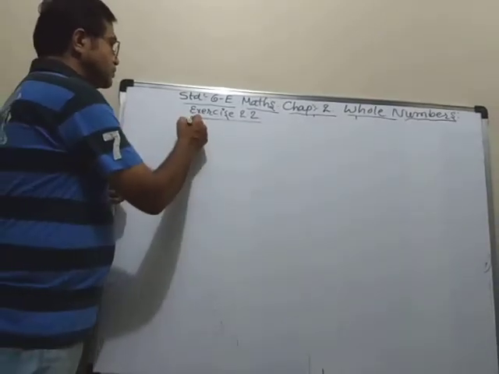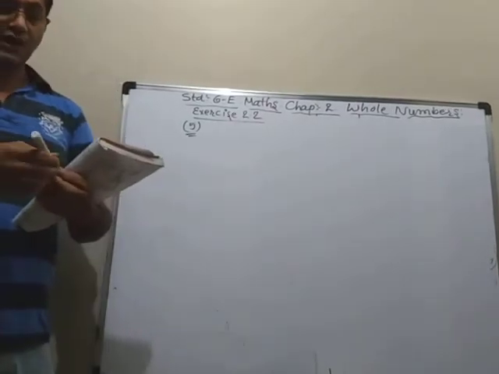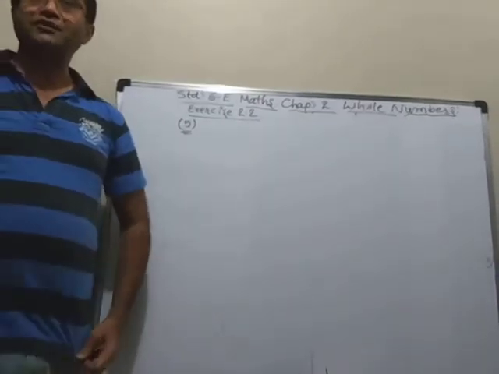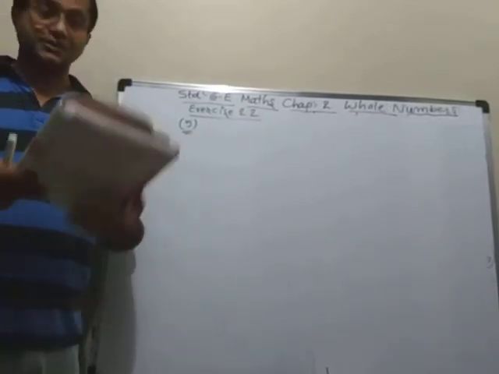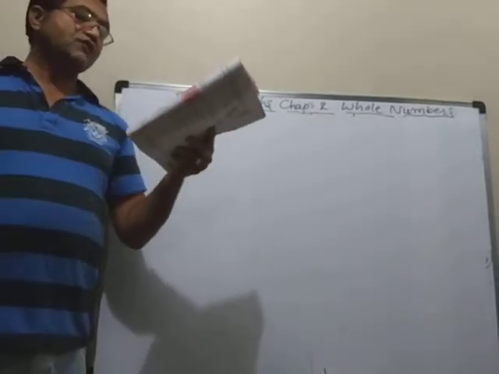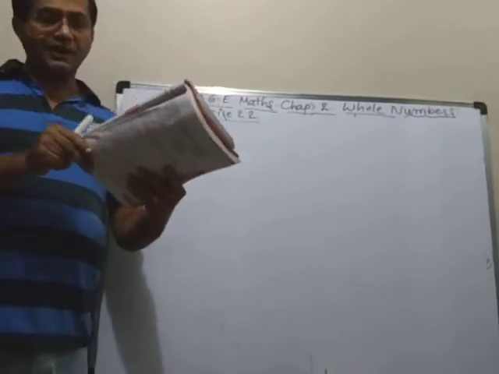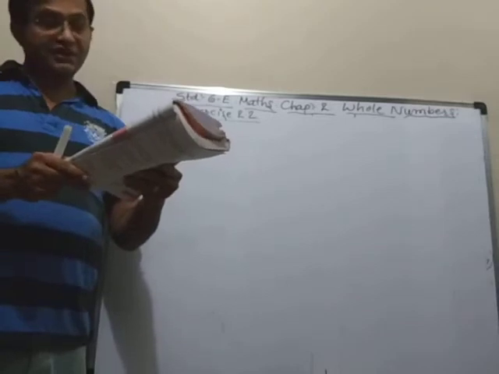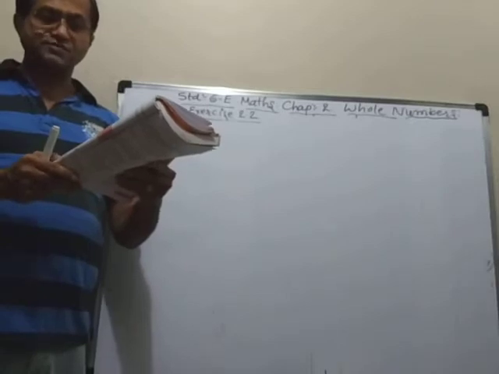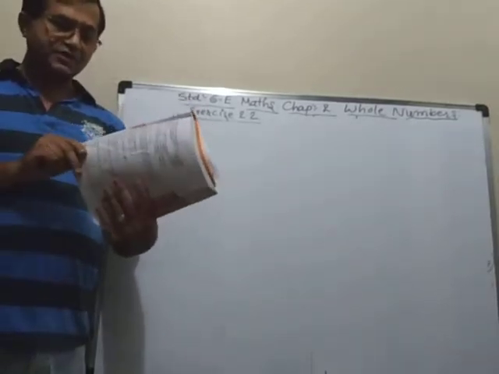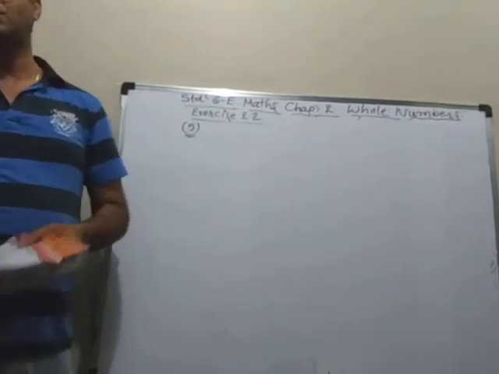Now fifth question. The fifth question is a word problem and we have to solve that. So we have to read it carefully, then write down and think how to do that sum. A taxi driver filled his car petrol tank with 40 liters of petrol on Monday, and the next day he filled the tank with 50 liters of petrol. If the petrol costs rupees 44 per liter, how much did he spend in all on petrol?